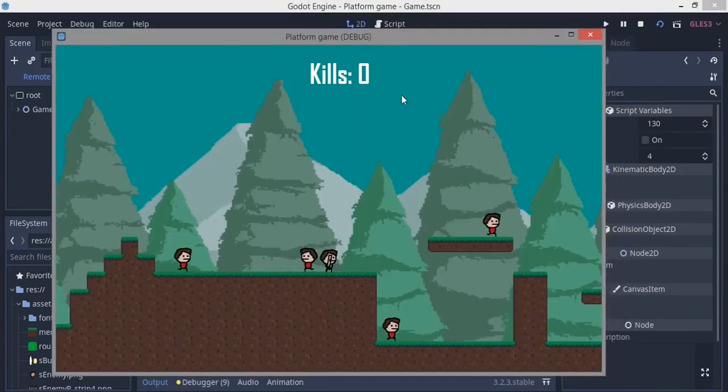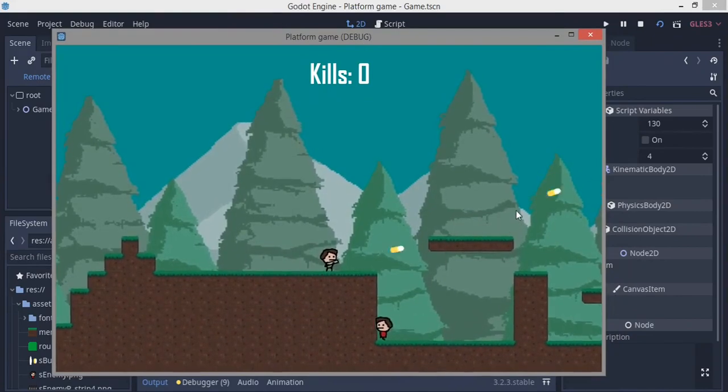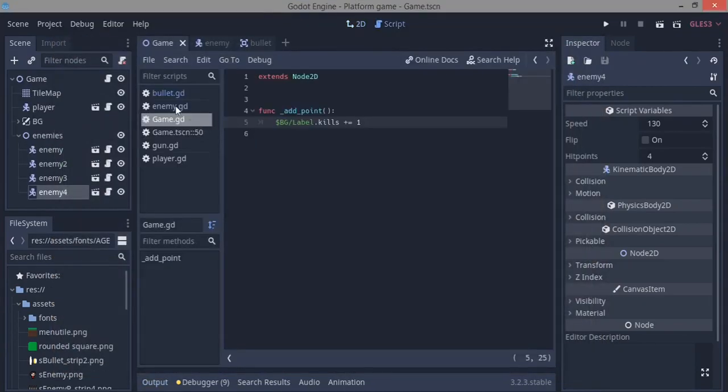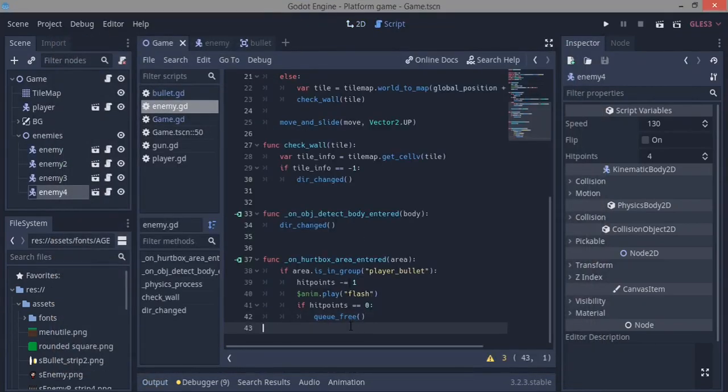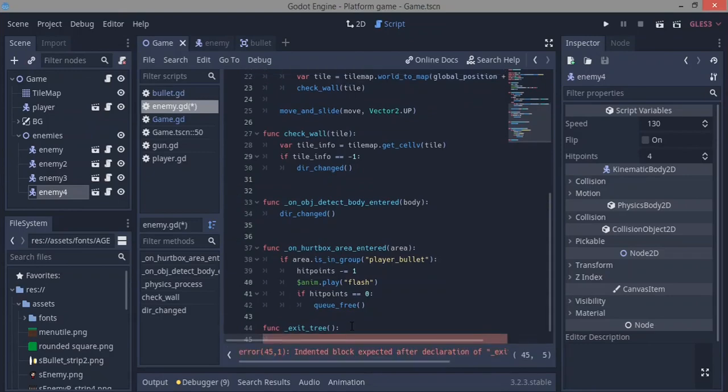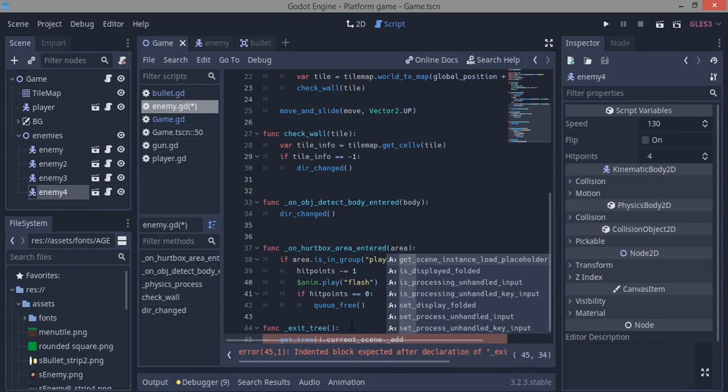So we should probably be done. As you can see now, I can shoot one guy and it doesn't affect all of them and stuff. It's really nice, and it's just going to delete them from the scene. And you see our kills is not increasing for some reason, and that's just because we don't have a function here. So we say func _exit_tree, then we want to get underscore get_tree, the current scene dot underscore add_points,